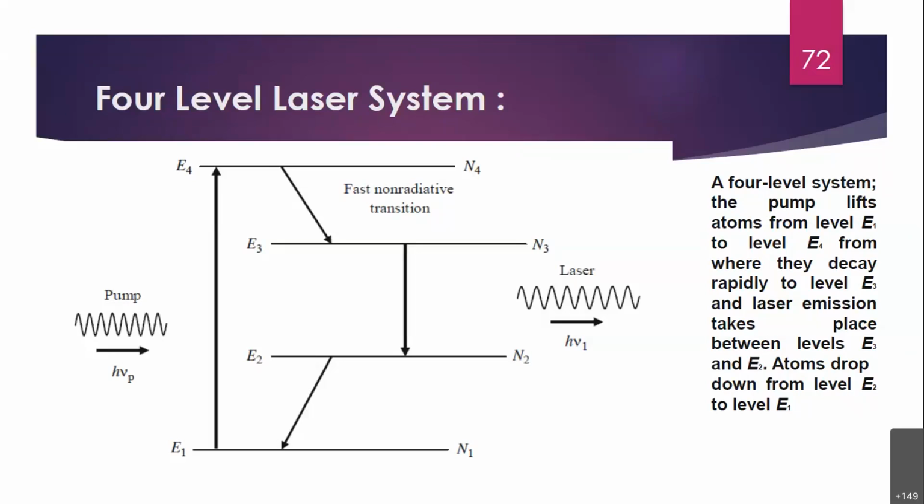When we are saying that from N4 to N3 there is a fast non-radiative transition, and from N3 to N2 there is a laser being emitted, can the reverse be possible, that from N4 to N3 we get a laser and from N3 to N2 there is a fast non-radiative transition? Because if we are discussing probabilistic things over here, then either of them should be possible.